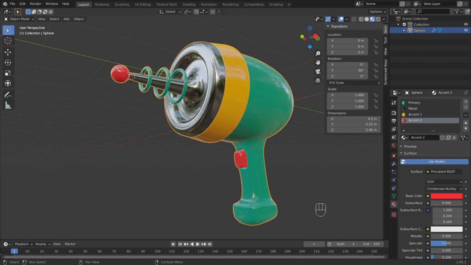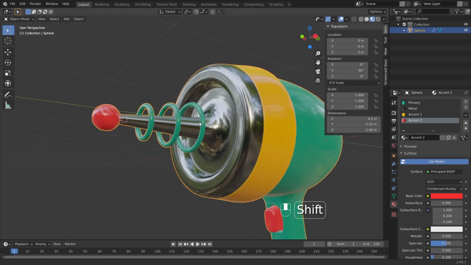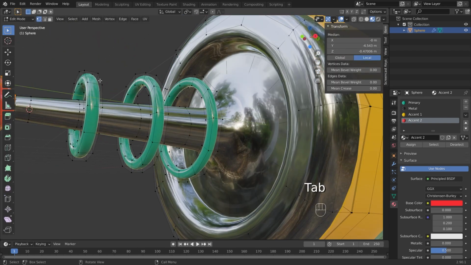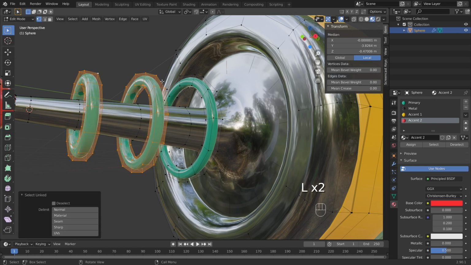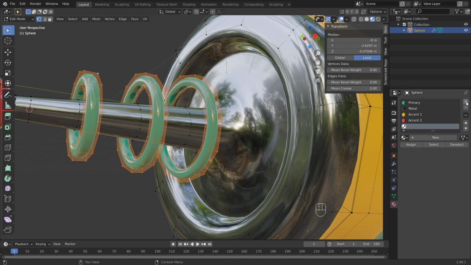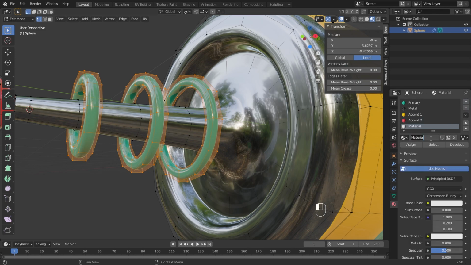Well, looks like it's finally time to add the last, but probably the most impactful material. But first, let's select the geometry that's going to receive it. I'm going to select the rings by hovering over them and pressing L. And once they're selected, I'm going to create another material and call it glow. Then I will assign the material to the rings,